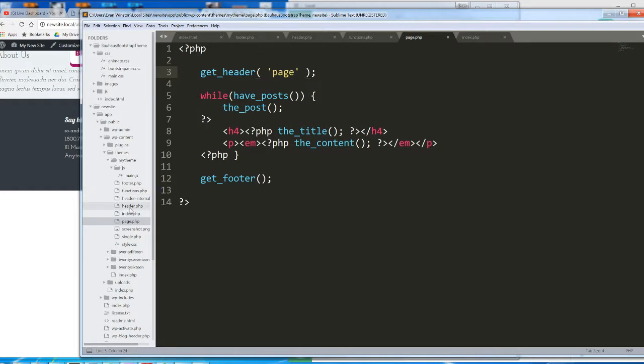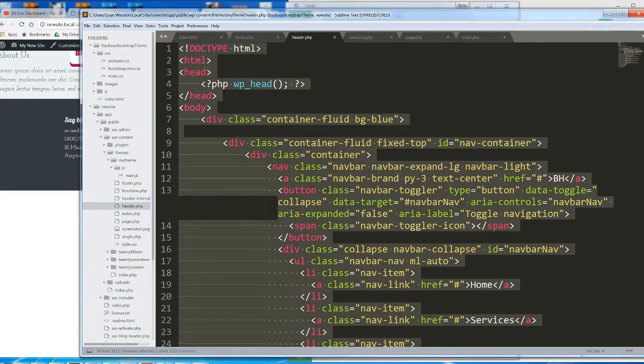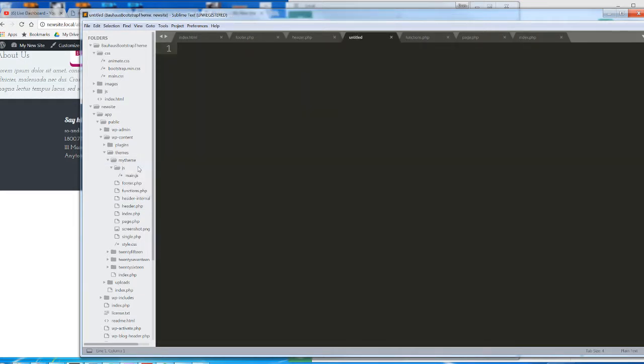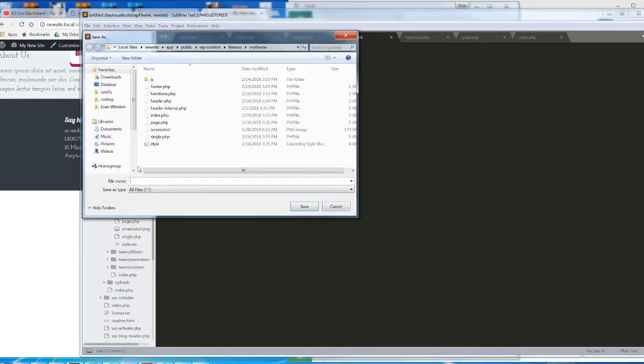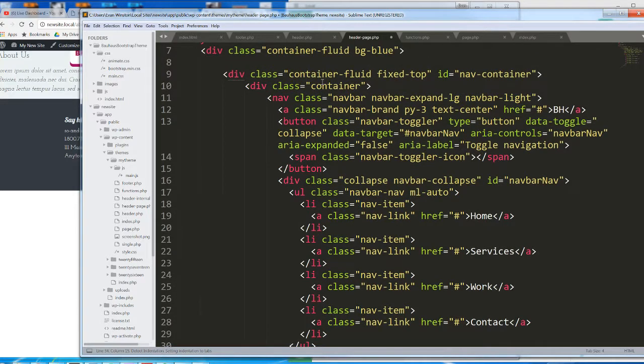And to do this, I'm going to copy everything in header.php. I'm going to create a new file in my theme folder and save it as header-page.php. Paste everything. And now we're going to figure out how we can